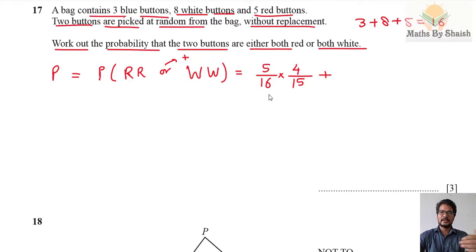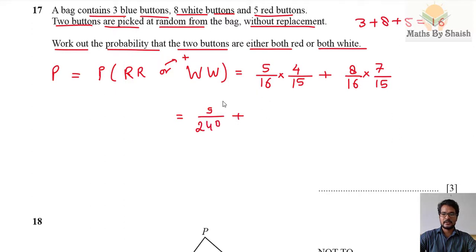Now again, either this or the another case, or the another case is both are white. So now we have 8 white initially, so 8 over 16, because initially the total number of buttons were 16. These two are the different cases. So once it is done, now we will check for this case. So 8 over 16, and then one button gone, so it is 7, and then total number is also decreased, and it is this. So it is 5 over 16 into 4 over 15, 16 into 15 is 240,